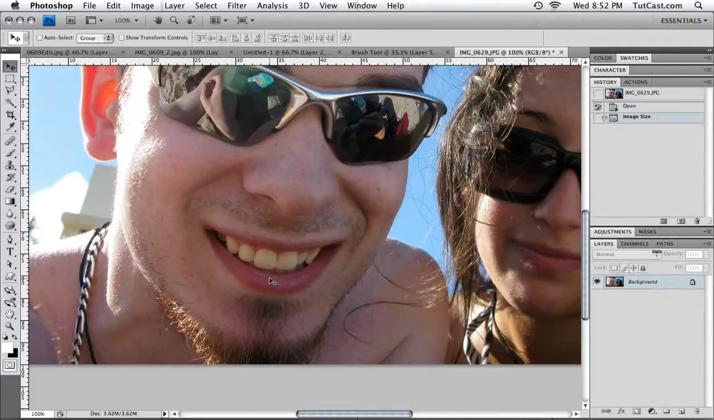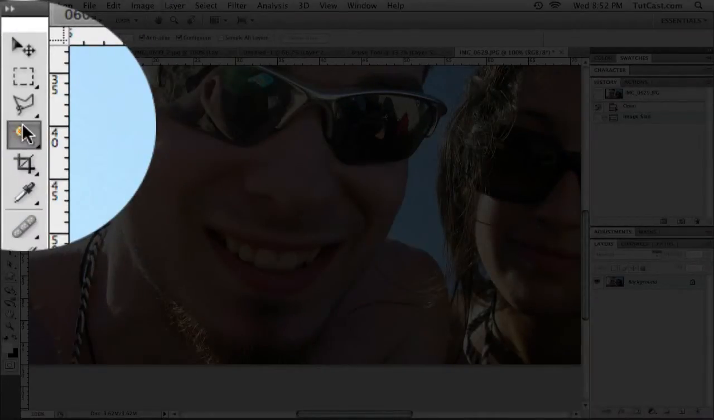The first thing you need to do is make your selection. Now for this example, I'm going to be using the magic wand tool to make my selection. Now you can use the lasso tool, the pen tool, any tool you want to make your selection, whatever you feel most comfortable in. So I'm going to grab my magic wand tool over here,